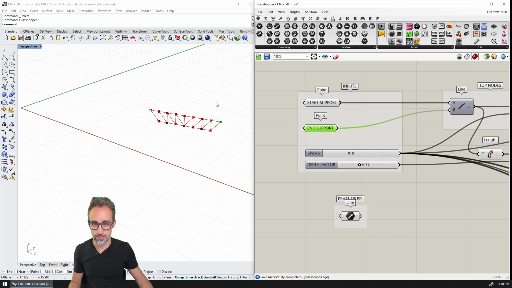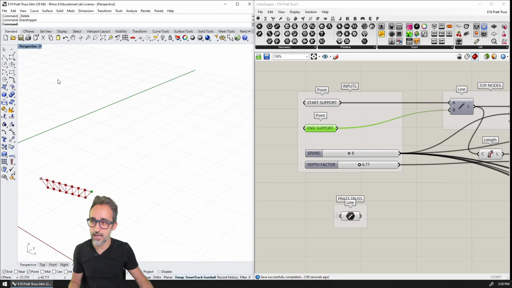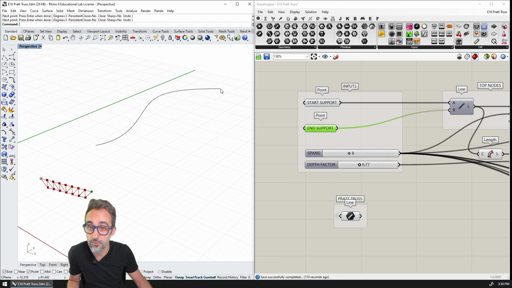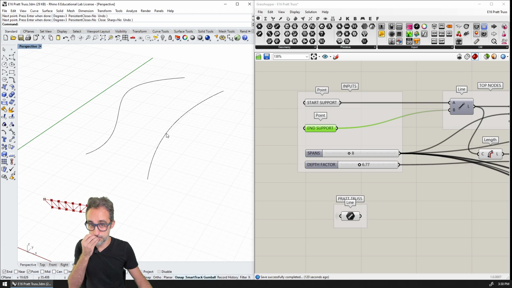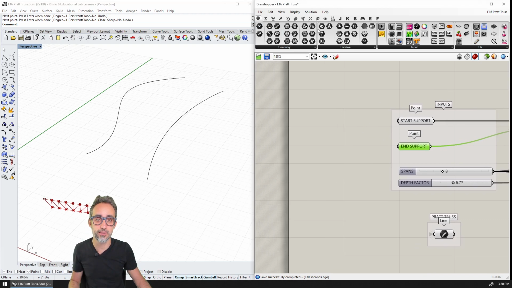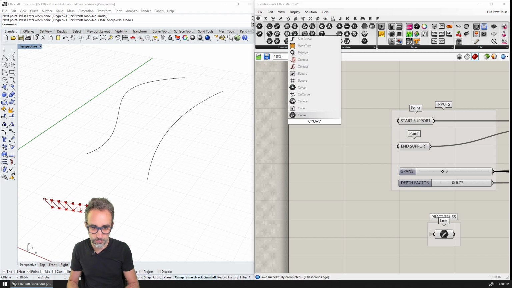Let me show you a trick. So for example, let's say that I had some kind of free form floor structure or whatever, and then I wanted to create a series of parametric trusses between them. So for example, something like this. What I can do is bring the two curves into